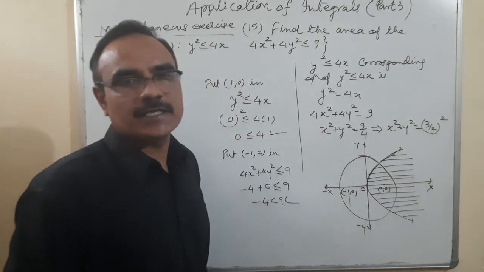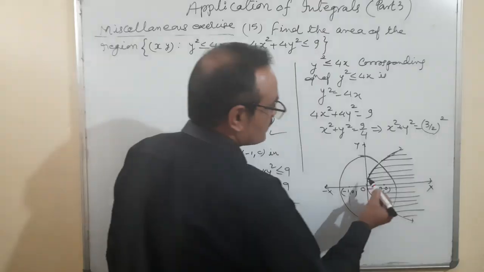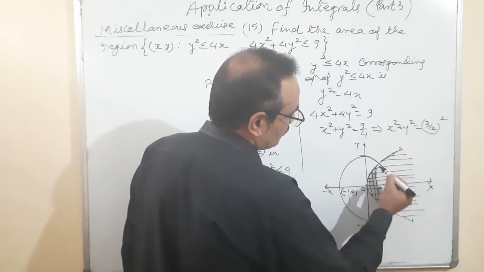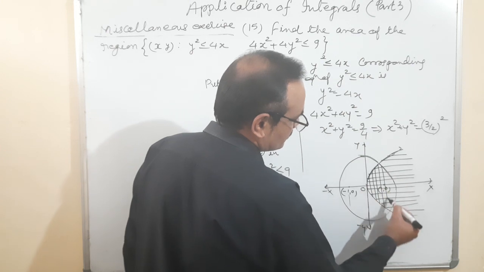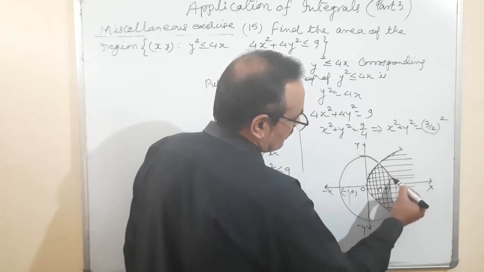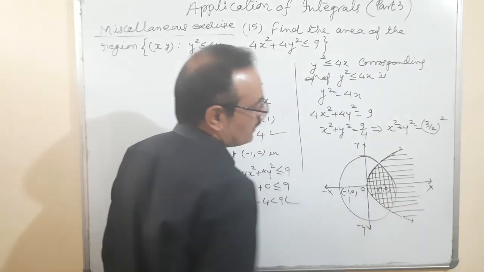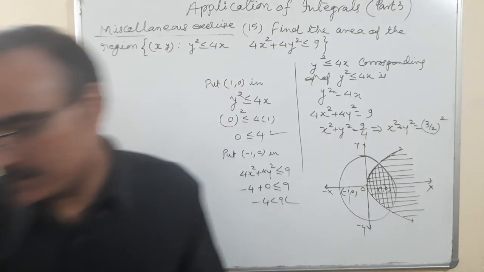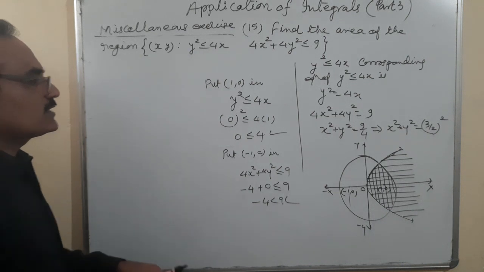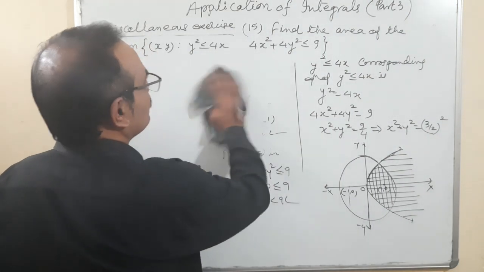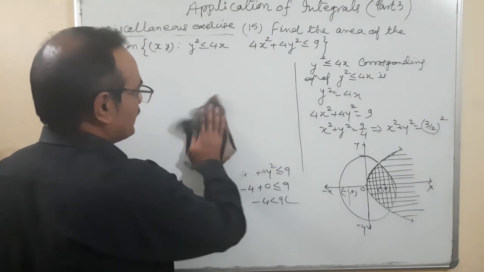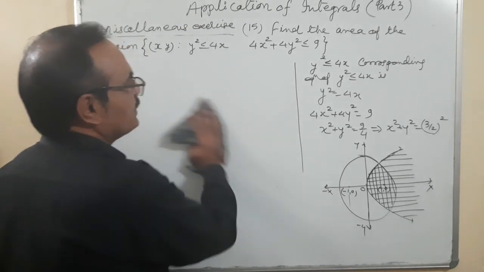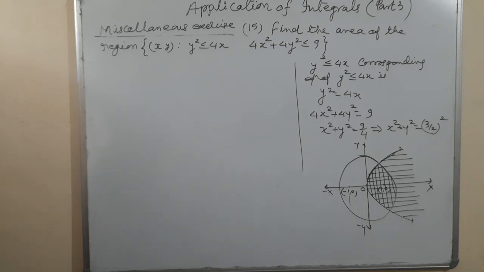Now which one is the shaded portion? This part is the shaded part, which is shaded by both the figures, one is a circle and one is a parabola. So that means we are going to find the area of this shaded portion. Only this is the meaning of it when greater or equal or less are given. So you will check whether we are talking about the inner area or outer area, and then find it by the same procedure.